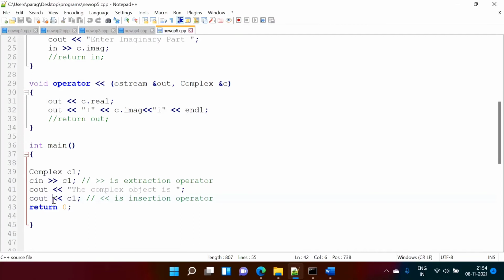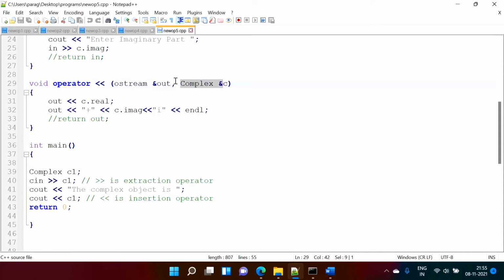See, the operator overloading definition of this is not part of any class. We have written it outside the class, and because of that we need to pass both these objects explicitly. So here you can see cout is passed here and C1 is passed here.